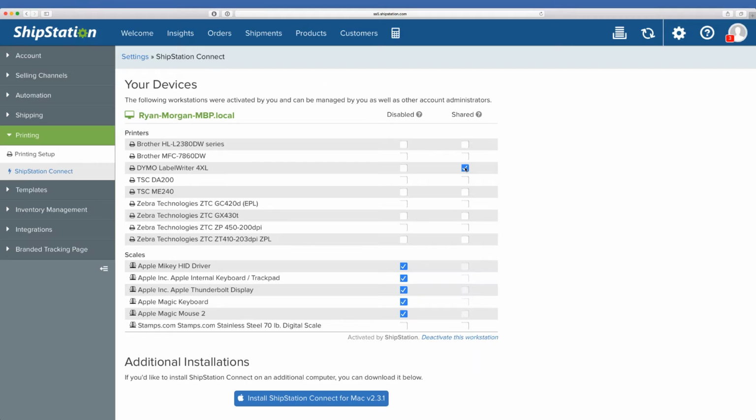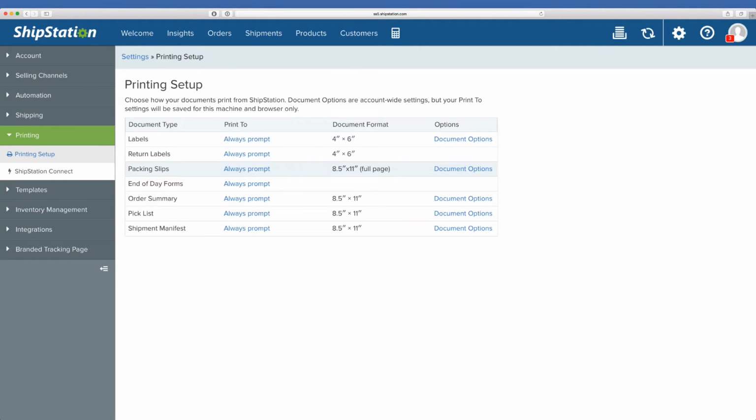So once you've done that, the next piece is that within the ShipStation settings, the printing setup tab, you'll need to choose how you would like to print for each thing that you can print within ShipStation. So everything from your labels, return labels, packing slips,